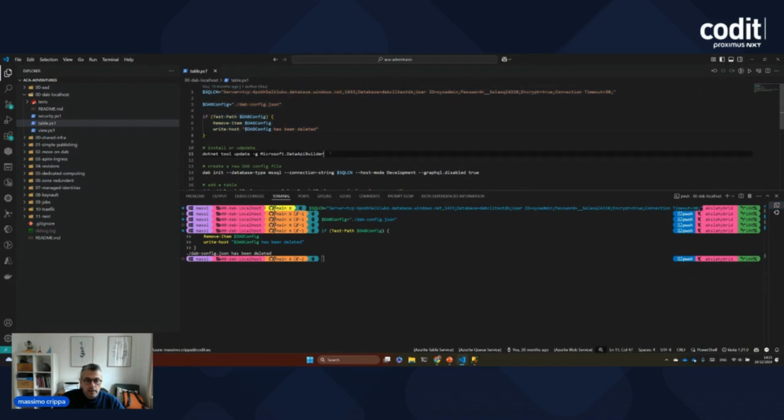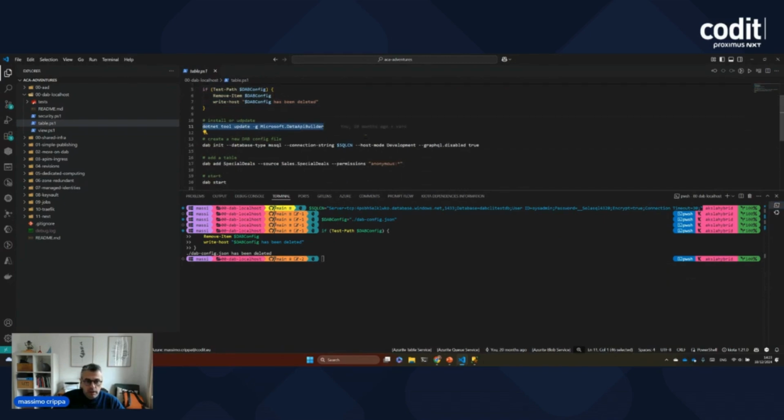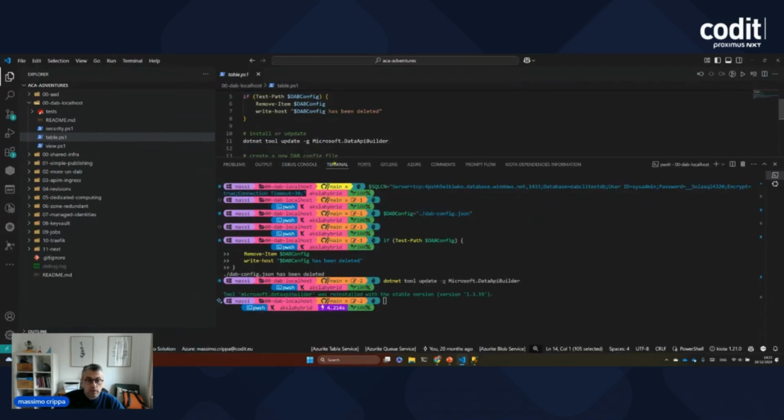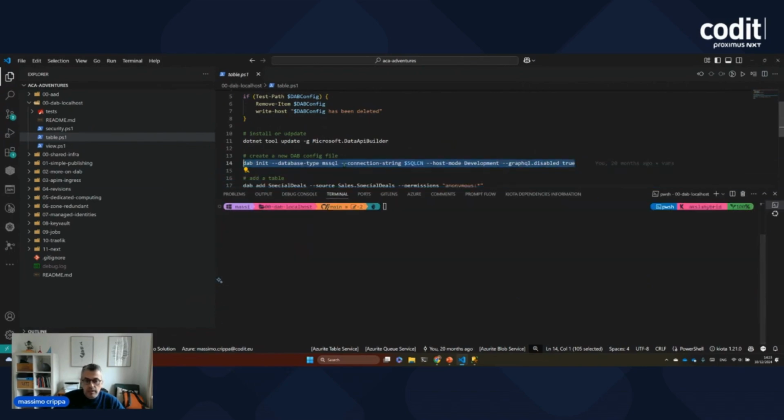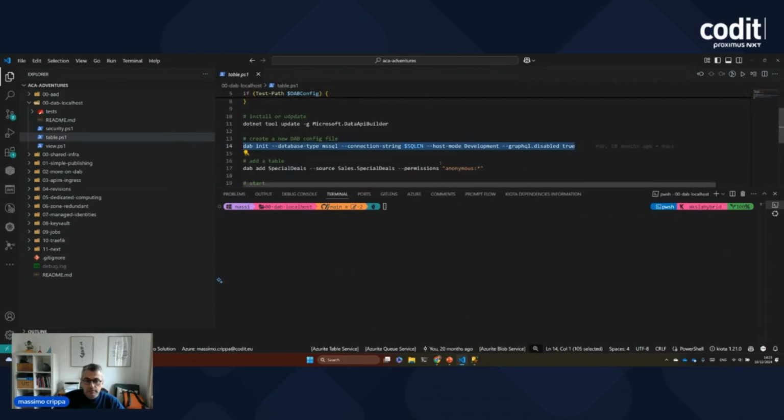And I am doing, as I was saying before, I'm running this, installing the data API builder. In this case, I'm running an update. I already have the latest version. Let me make it bigger for you. If I run this DAB in database,